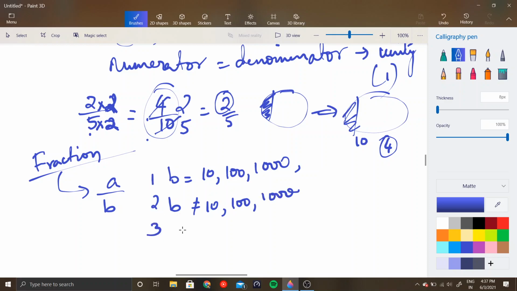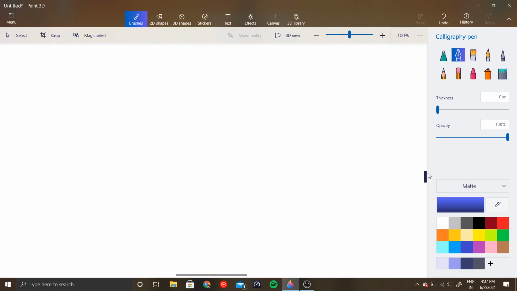For a proper fraction, a will be less than b. For an improper fraction, a will be greater than b, and for a mixed fraction, you will have another form: a number n, followed by a by b. Now let's learn to convert a mixed fraction